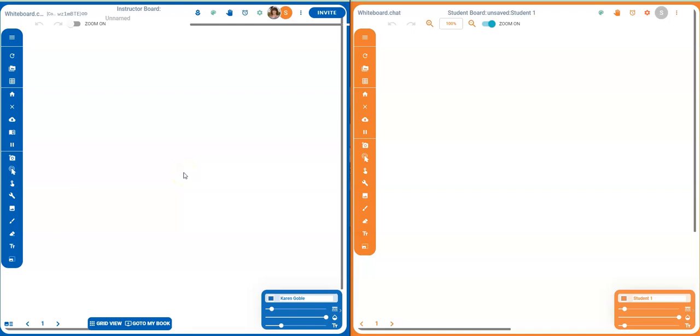In this video, we're going to look at how you can add additional supports to your students by turning on a feature called speech to text. So, as you can see, I have the instructor board on the left-hand side and I have a student board on the right-hand side. So the first thing that the teacher is going to need to do in order for the students to be able to use speech to text, the teacher is going to need to turn this feature